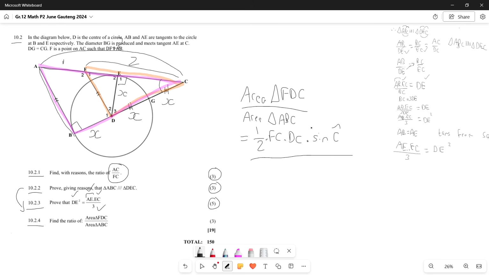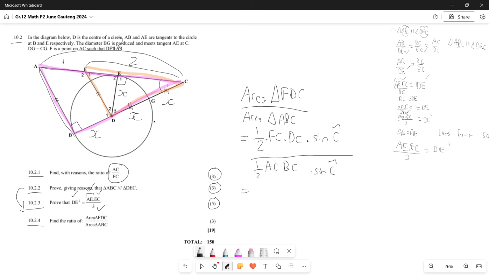We're then going to do the same thing for area of triangle ABC. So ABC over here, we have a half. We're going to multiply it by sine C, the common angle, so we can cancel some things. And same thing here is that our angle is here. So we're going to take both sides on either side of that angle, and it's going to be AC multiplied by BC over there. So we're going to say half AC multiplied by BC multiplied by sine C. There aren't any reasons for this one, we're just proving it because we've already done the working earlier to get the proportions of the sides,